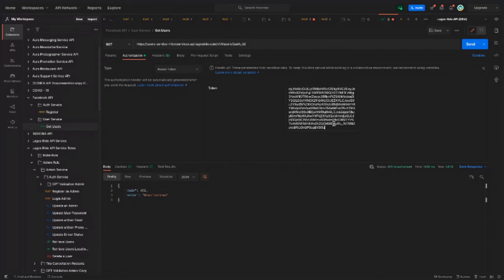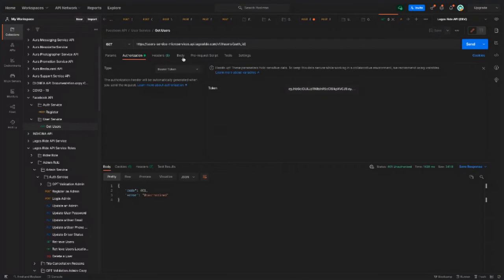The reason you are seeing this initially is because I've already set it to the environment. If I hover over this, you see token is in the drop down dialog box. So you can copy your token in here and click save.